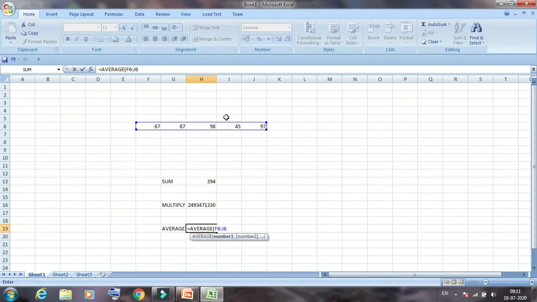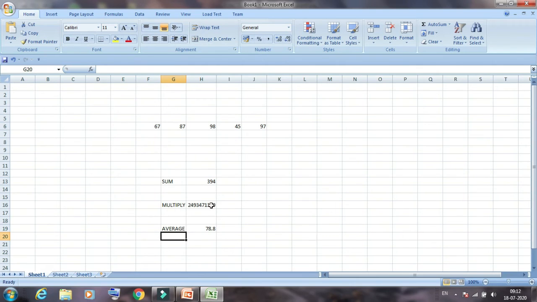The whole entry is selected, then close the bracket and press enter. 78.8 is the average of the data.